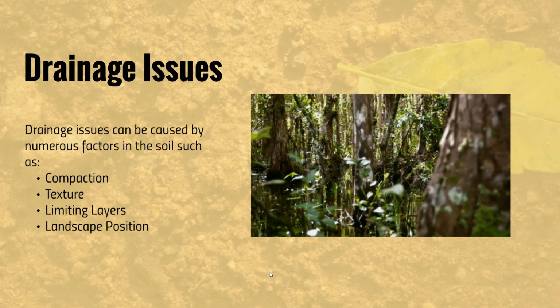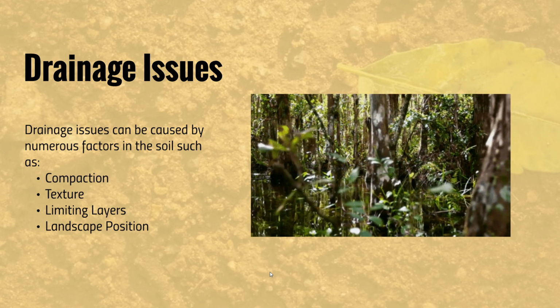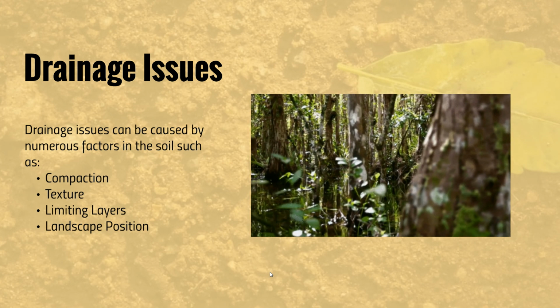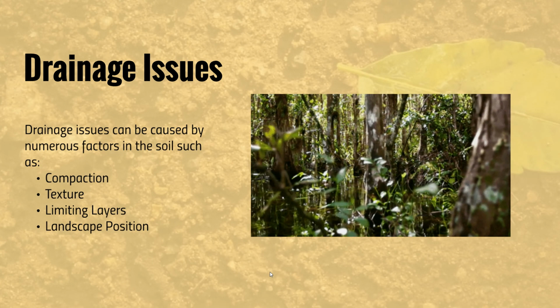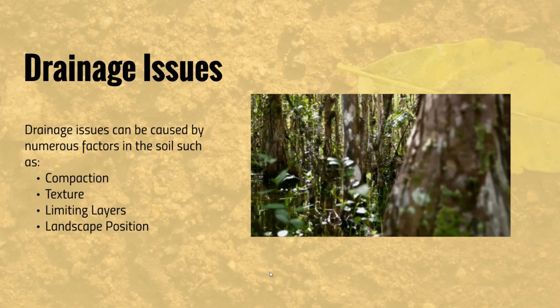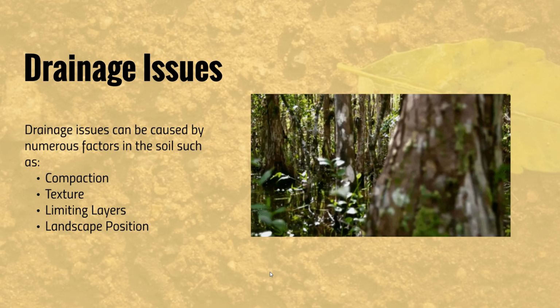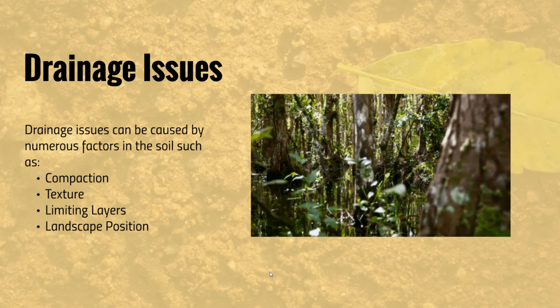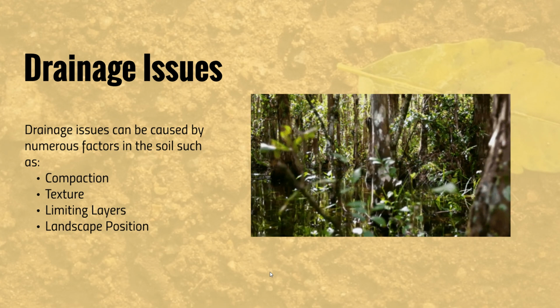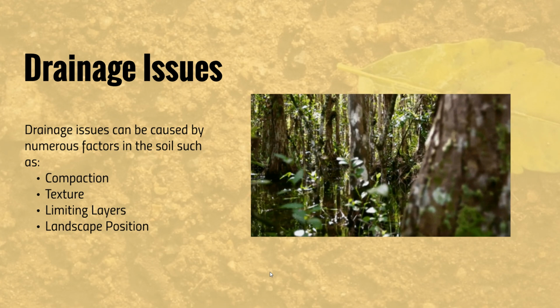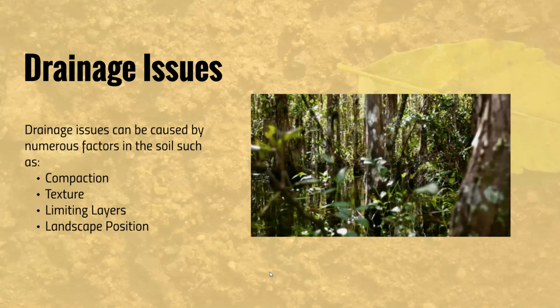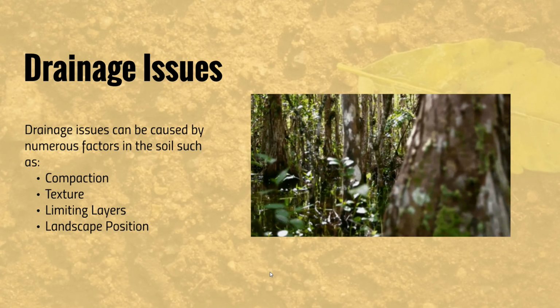The other thing that's really key for multiple BMPs is going to be drainage issues. I get called out a lot for drainage issues, and there are a lot of factors that go into them. Those are going to be compaction, texture, limiting layers, landscape position, or a combination of all these things. And sometimes you can see some of these things on your Web Soil Survey. So if someone does call about a drainage issue, you may want to look on Web Soil Survey ahead of time